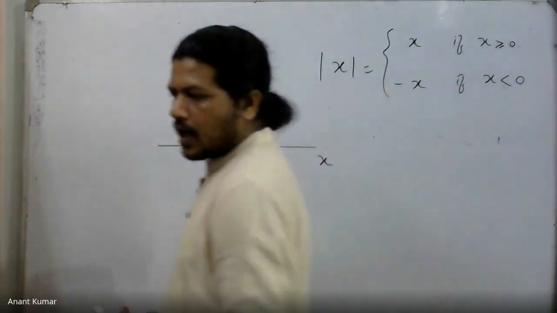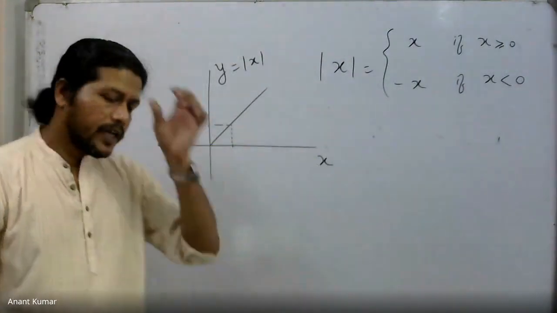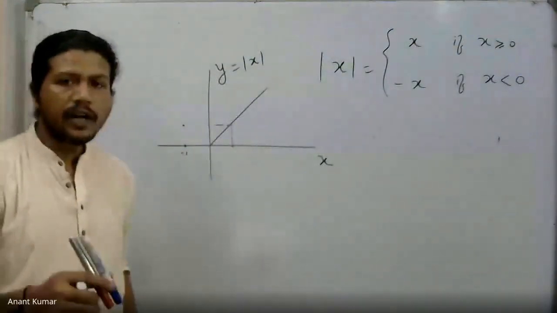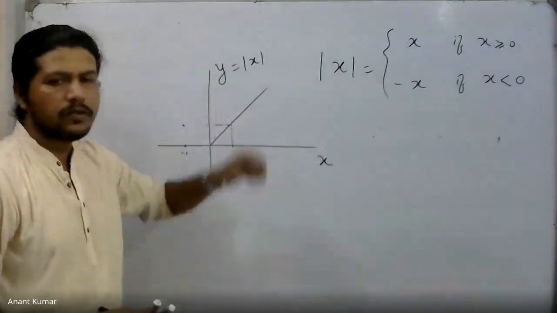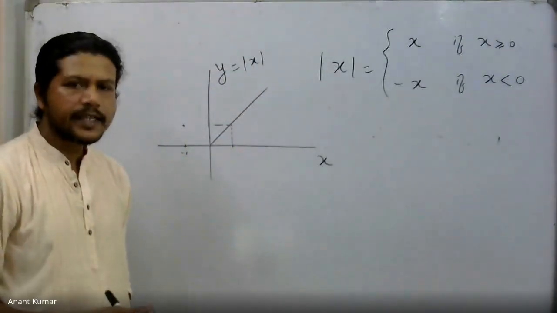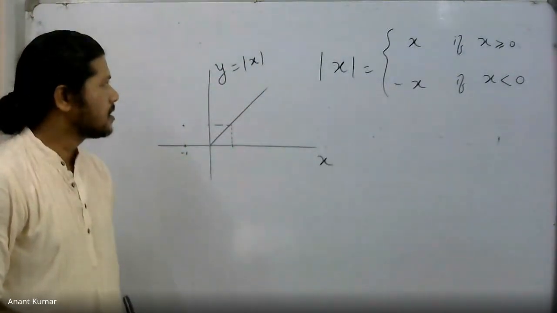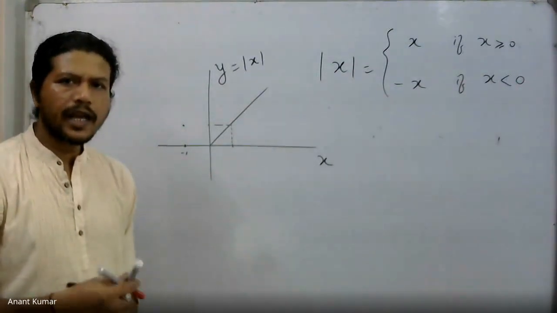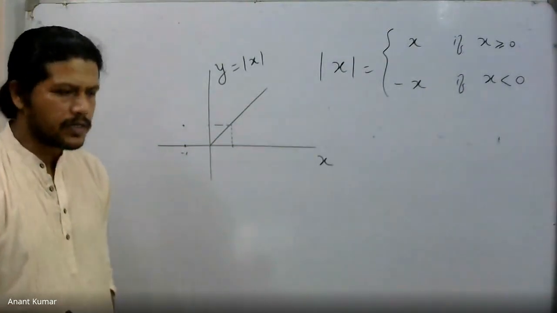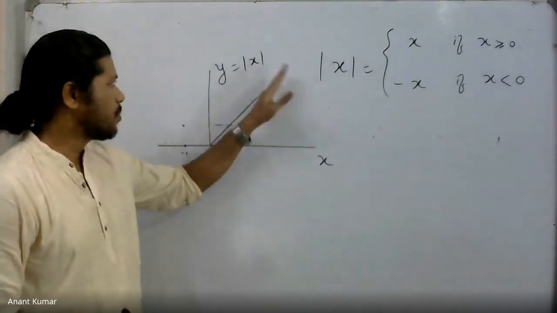So what I was saying in this case is that we could effectively look at the points where the argument inside the modulus is 0. If it happens that x is 0, in that case mod x becomes 0, and that is a point which will divide the real axis into different parts. I just need to consider x positive and x negative.